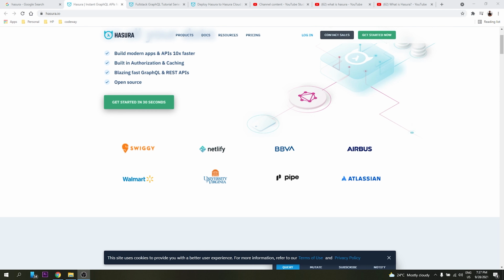Hasura is very popular because if you see on the Hasura site, it is being used by Walmart, Airbus, and our food app, Swiggy. So you will never get hungry. Once you query, you will get your data. Even the Jira Boards company, Atlassian, has been using Hasura at their backend.